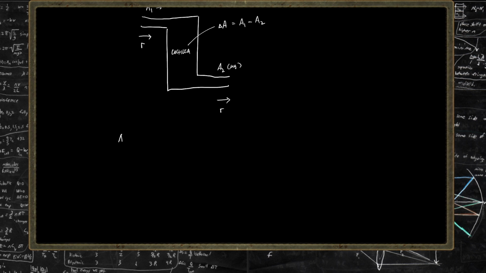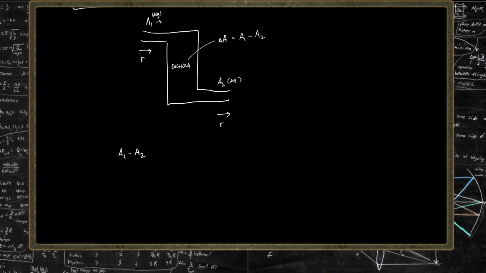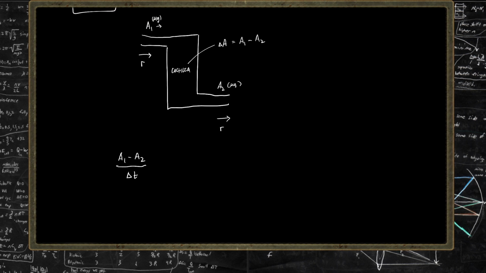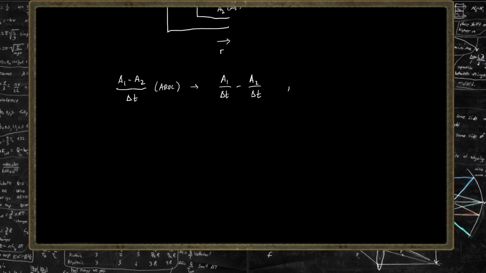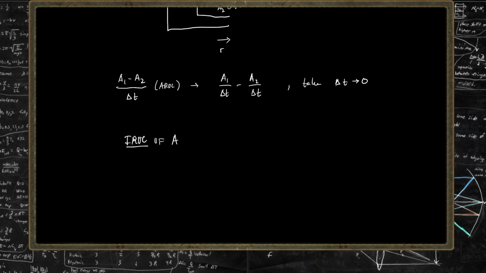So A1 minus A2 over some unit change in time, which we remember as being like the average rate of change. We can also think of this as A1 over delta T minus A2 over delta T. And we can take delta T going to 0, shrinking that time window down using the power of calculus to get down to instantaneous rate of change. The instantaneous rate of change, again, that's calculus, that's the derivative of A, is going to be